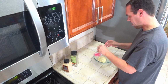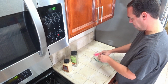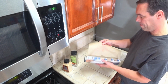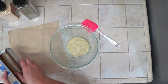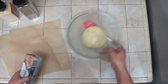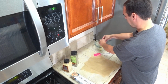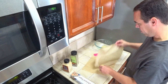So the next thing we need to do is flatten the dough so that we can put a hot dog down and roll it up. So I'm going to use a couple of pieces of parchment paper. And then we can break off a little piece of dough about the size of a golf ball. We'll put it between the parchment paper,